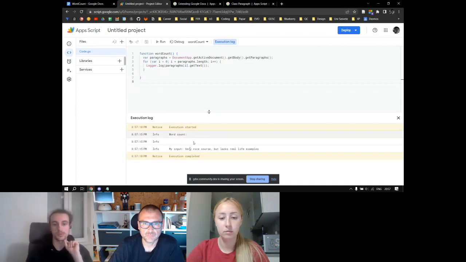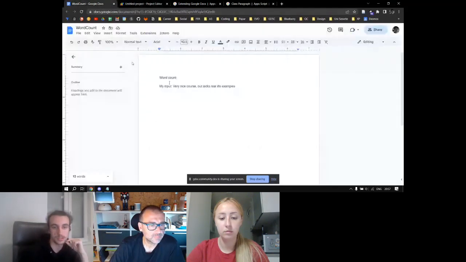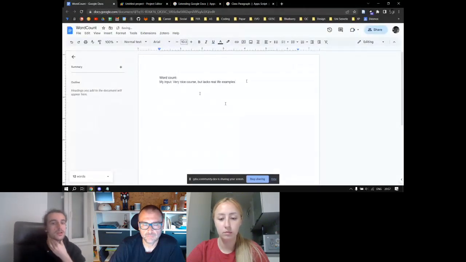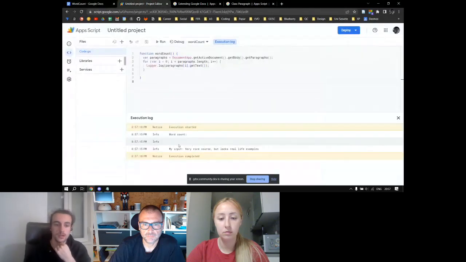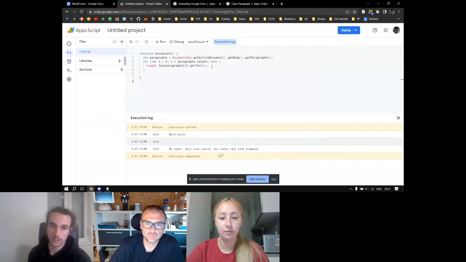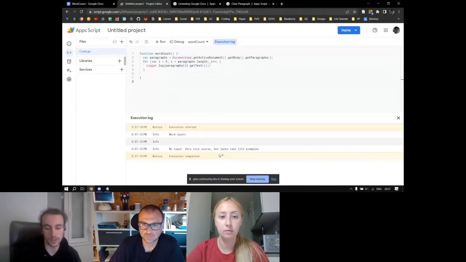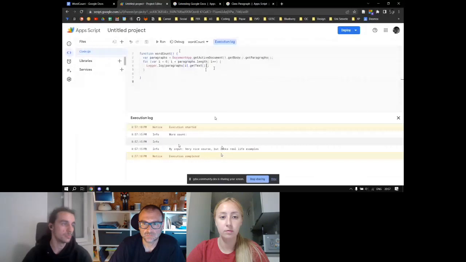So yeah, the first one is the word count. The second one is this blank paragraph, which we can erase, and then the actual paragraph. If we just wanted to count words in every paragraph, then this should be pretty much close to the whole solution. We just need to find a way of doing it.